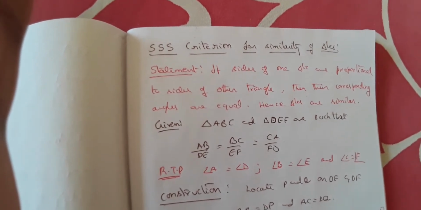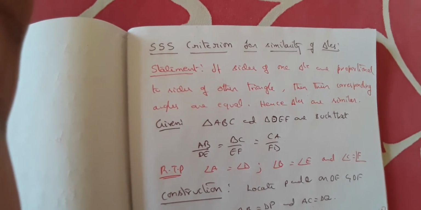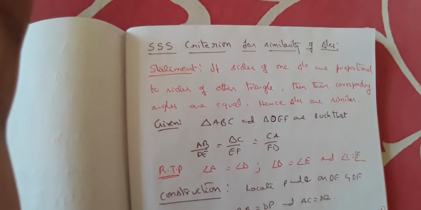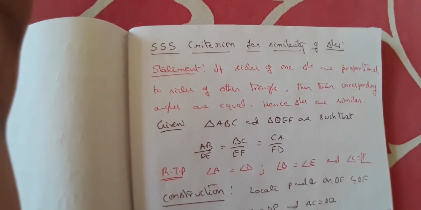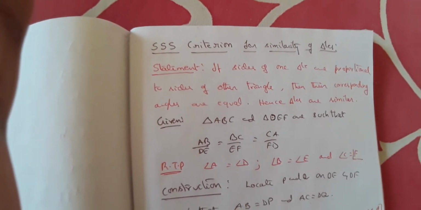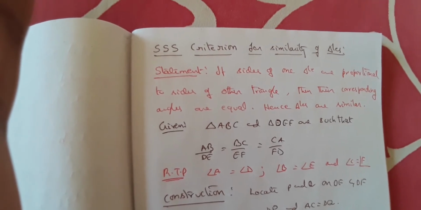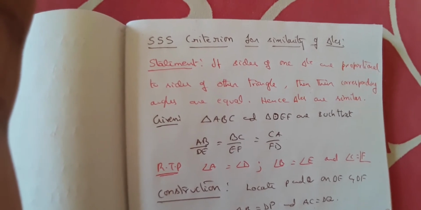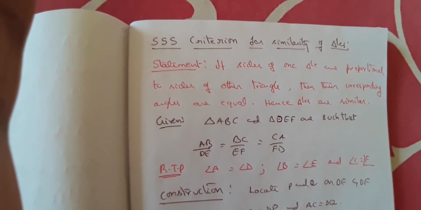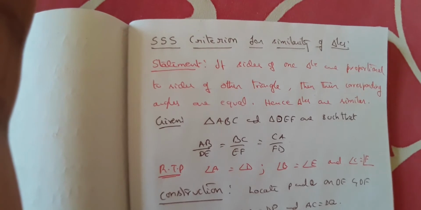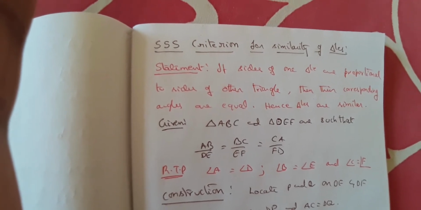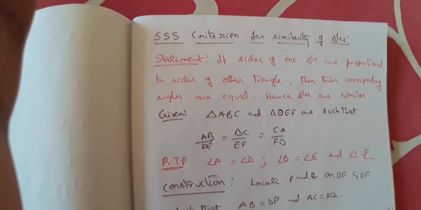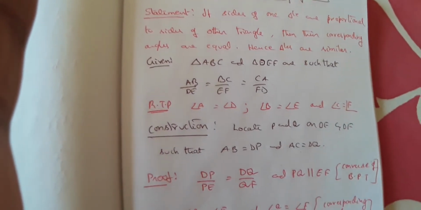Okay, so previously corresponding angles were equal, and then we proved that sides are proportional. Now here sides are proportional is given. You have to prove that the corresponding angles are equal. Okay, so we are going to use all the basic rules. Consider ABC and DEF are the triangles. As in the previous case, similarly you locate P and Q in such a manner that AB is equal to DP and AC is equal to DQ. So that part in the construction is similar, right?